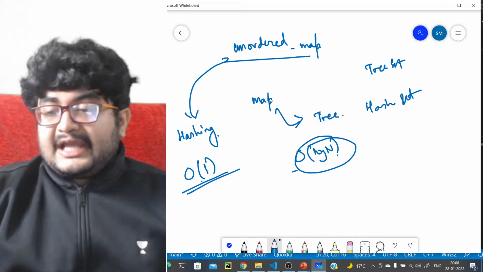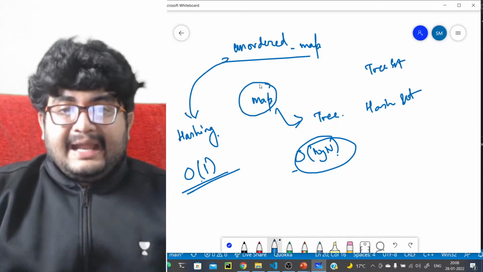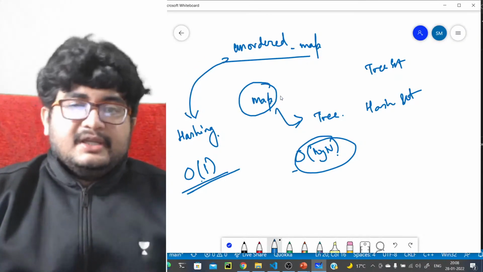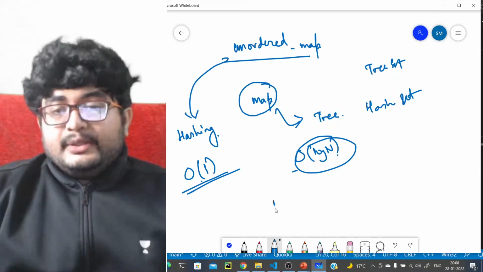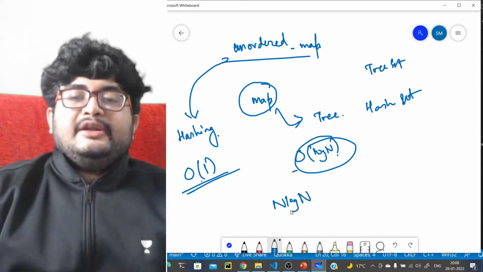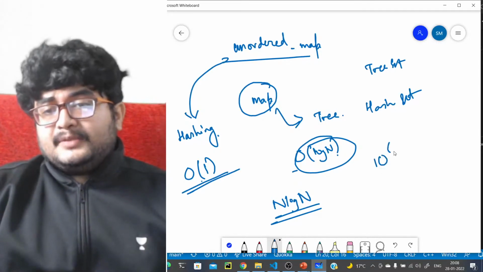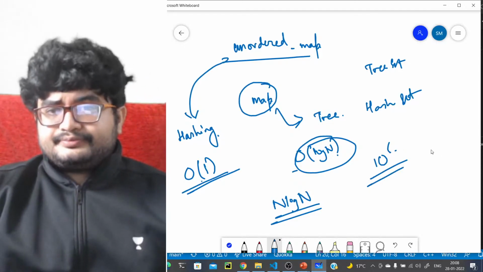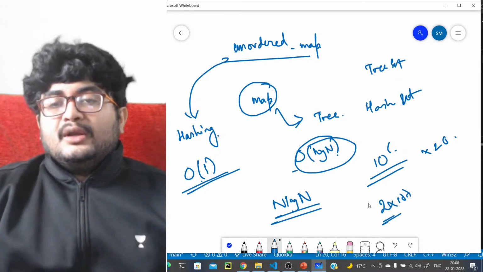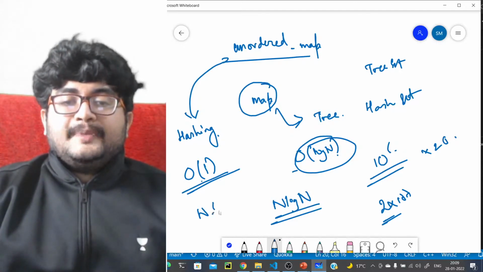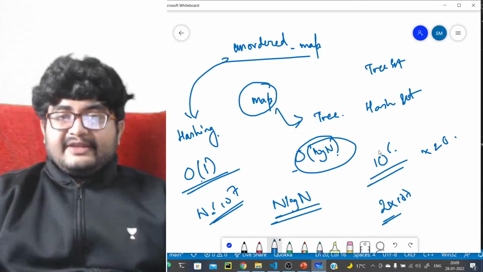Whenever you're giving a contest, if the constraints support a map, just go for a map. When do the constraints support a map? When you can have n log n complexity overall. Like, if you have n around 10 to the power 6, n log n will work, right? It will be around 20, so 2 into 10 to the power 7, which is good. But if you have n around 10 to the power 7, n log n might be very costly.